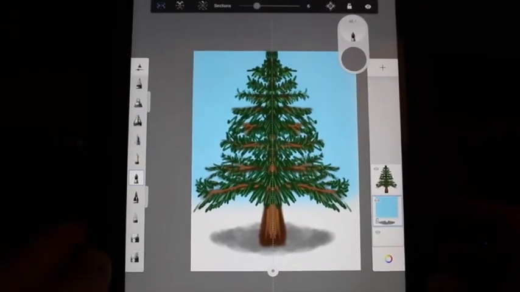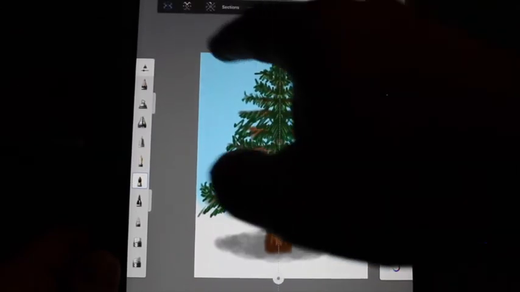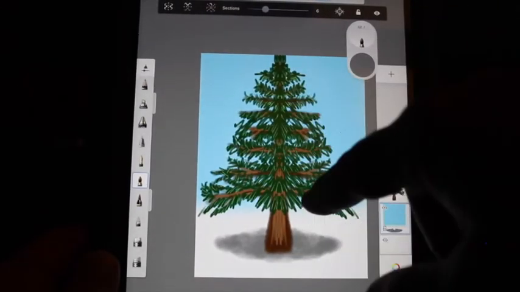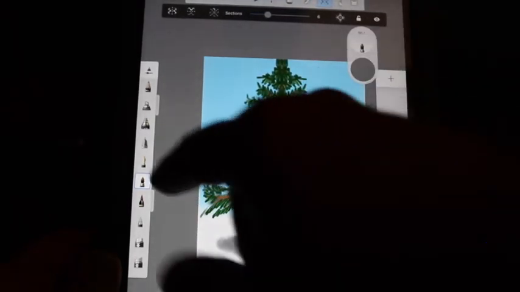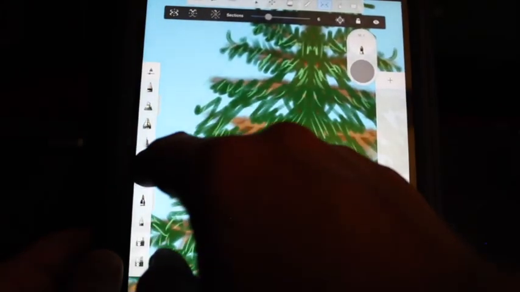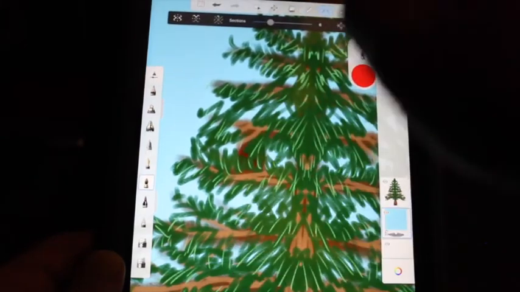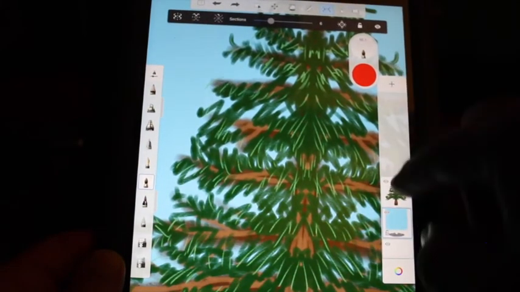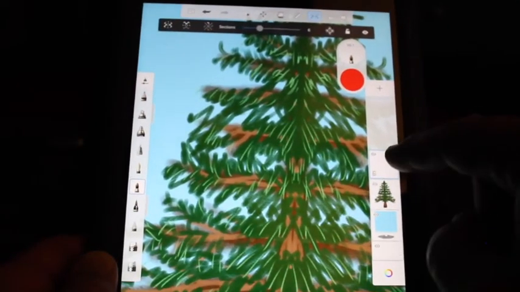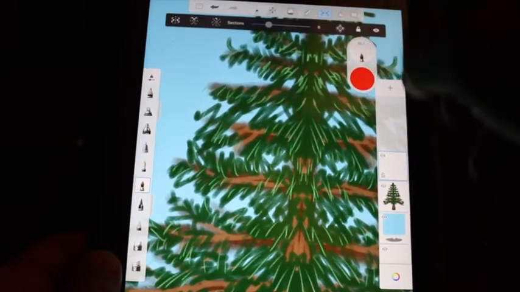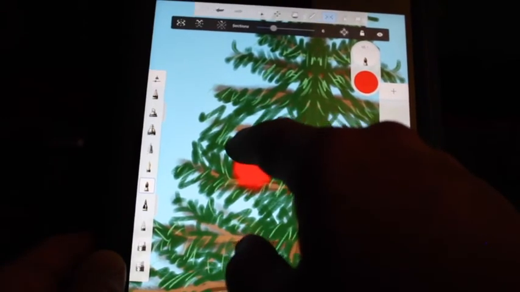And remember, you can add in whatever you want. Take off the symmetry thing if you want to add in something on one side and not the other. Like if you want to add in a bird over here and not over there. You don't have to do this part, but if you want to, oops, I'm behind the layer. I need to click on this one. Maybe add a new layer so you don't mess up your tree. Remember how to add a new layer and then work on a new layer in case you make mistakes. You can delete the whole thing. So you can come in here and put in a little